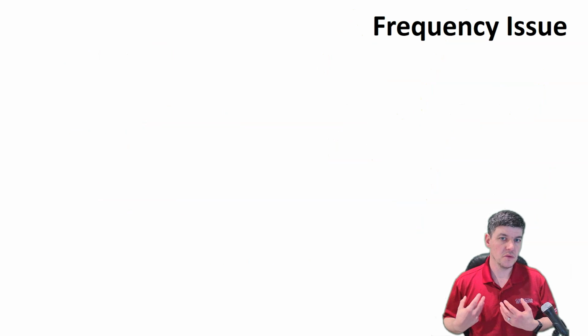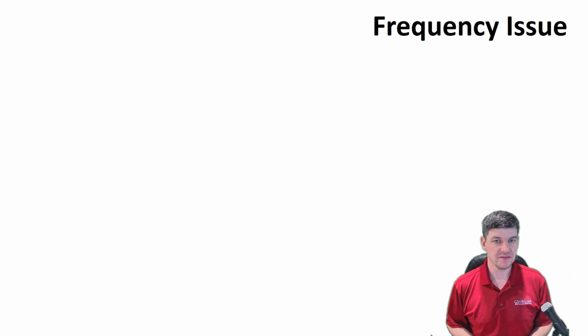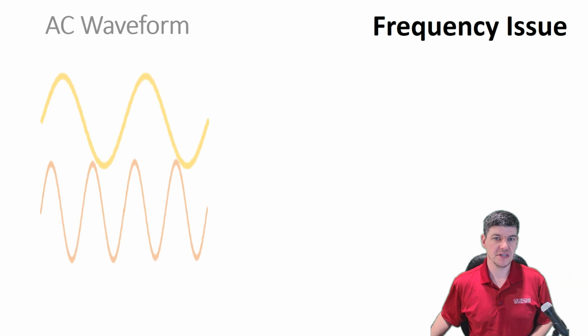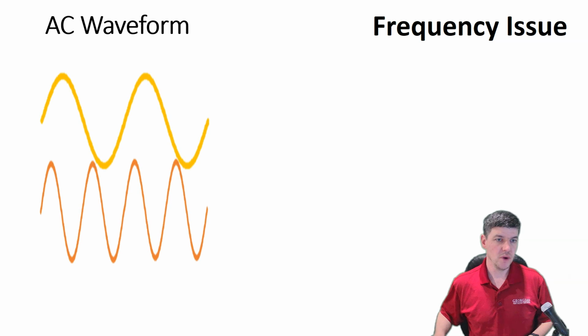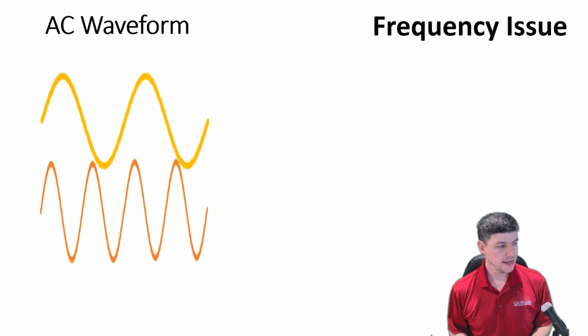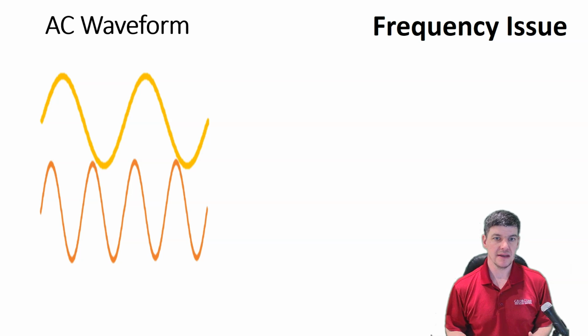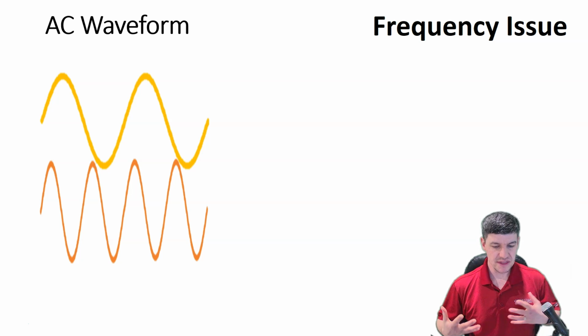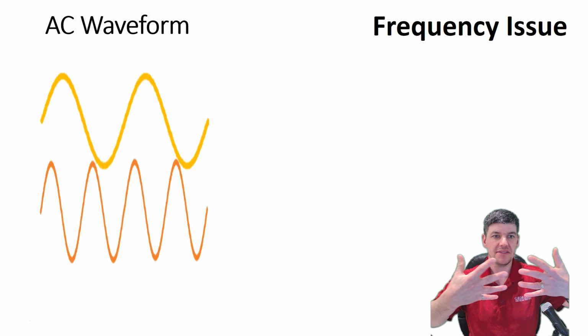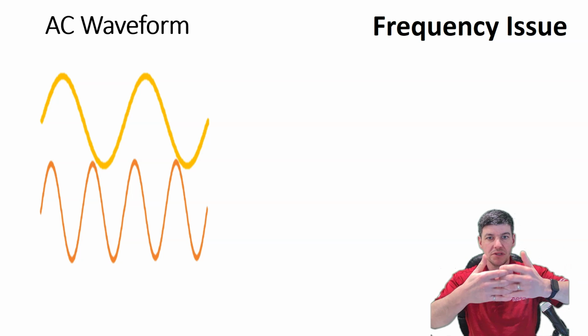So one that's going to be probably our most important is what happens if we have an issue with our frequency. Okay, and we may consider that we have an issue with our frequency where we have one waveform that's moving at 60 hertz or so, and we have another one that's moving faster. Okay, and we can think about these things as being related to mechanical gears. And if we think about mechanical gears, they've got teeth and they need to mesh in order to be able to